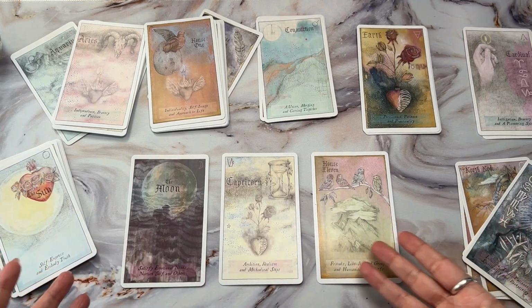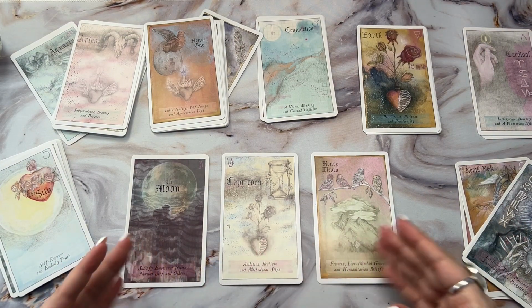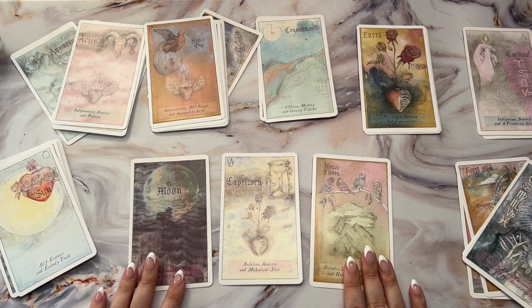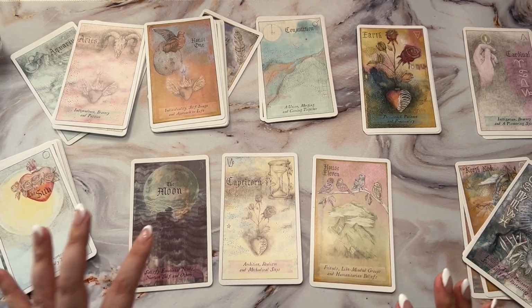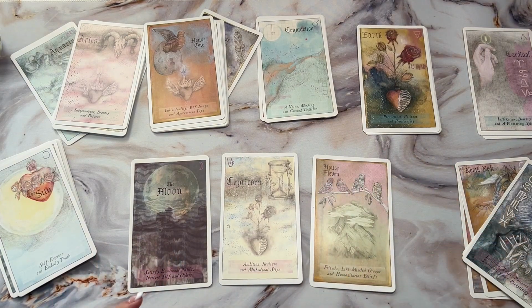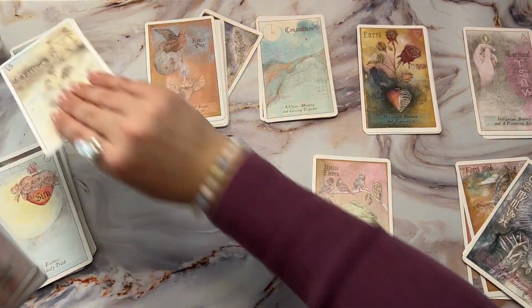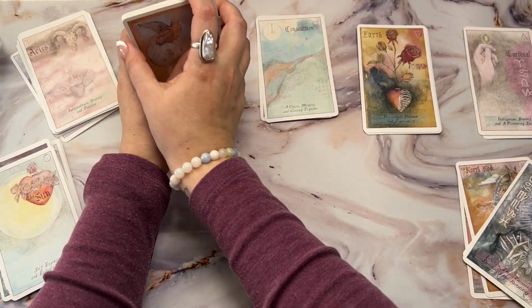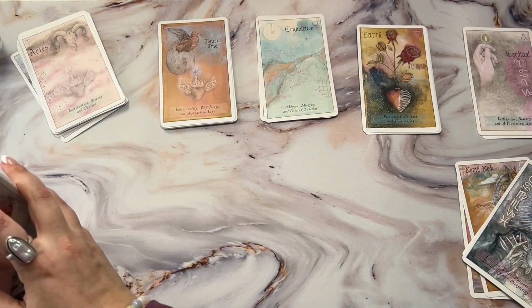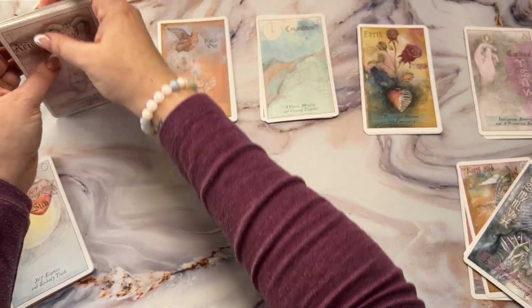Cool, right? Really cool. So you can break down, I'm still trying to think of the word I was thinking of. You can break down your natal chart in so many ways using this deck. You can go through every single planet, every single house, every single zodiac sign and break it down. We don't need to do all of that here. I'm just giving examples. We're just talking about the deck and how to use it. And I don't know that people realize the deck can be used in this way. So if you are wanting to research your birth chart,